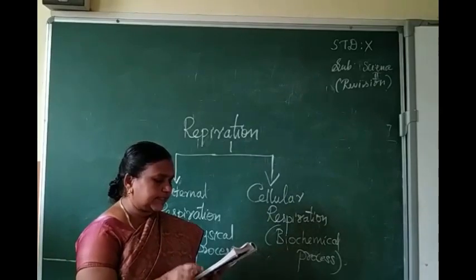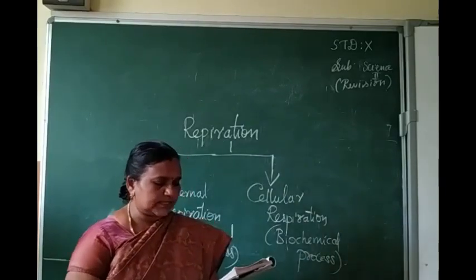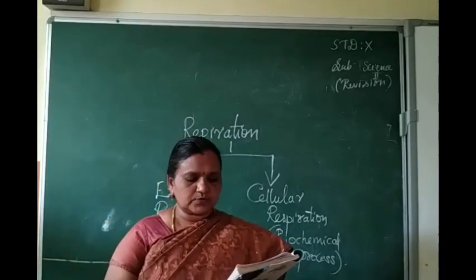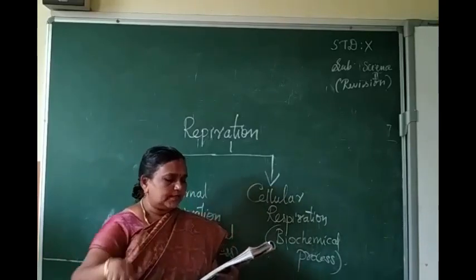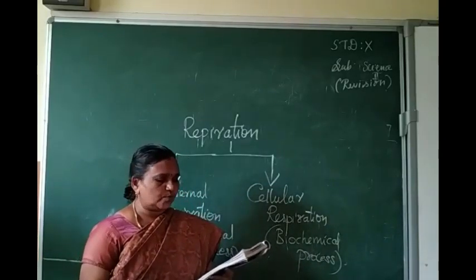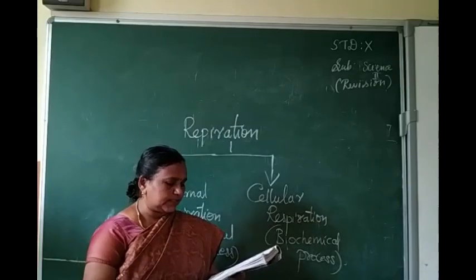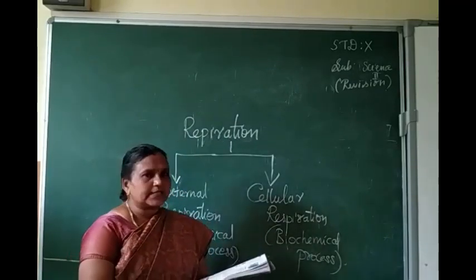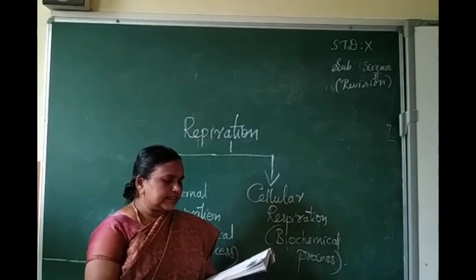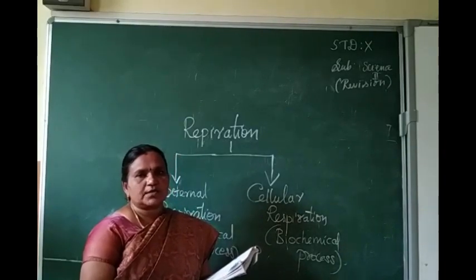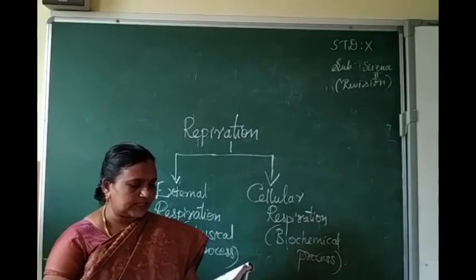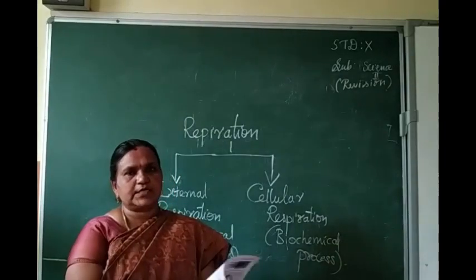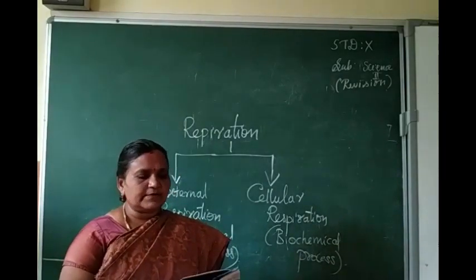And the aerobic respiration, the formula is given in the book. That formula also you have to learn. C6H12O6 plus 6O2 gives 6CO2 plus 6H2O as byproducts plus ATP in the form of energy. So after the respiration, the final product we are getting is energy in the form of ATP. Then stages of aerobic respiration. What are the stages of aerobic respiration? 3 stages are given. Glycolysis, Krebs cycle, and the electron transport chain, that is included for the 7 mark question.